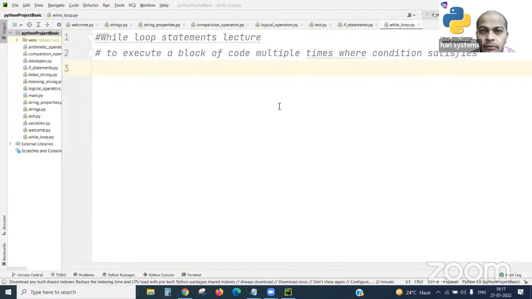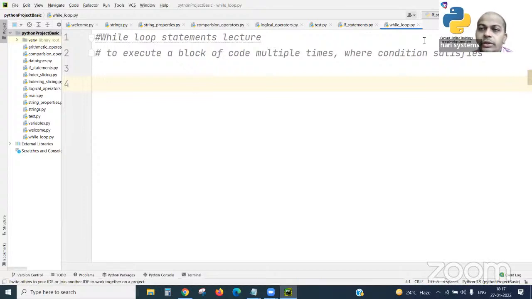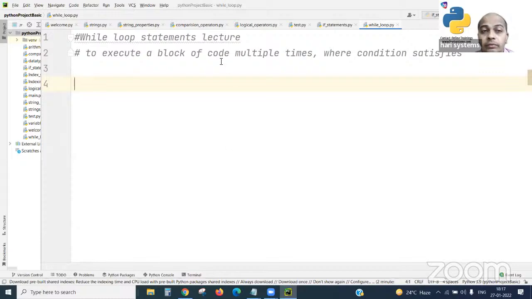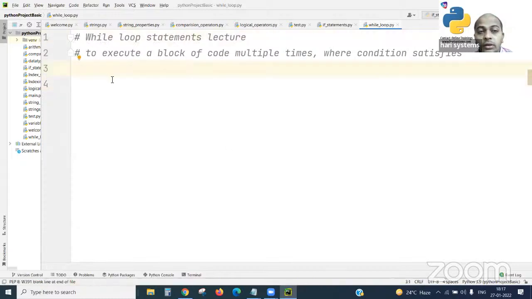To prepare a while loop statement, a very simple keyword we need to write. What is the keyword here? It is a reserved keyword. In the variable declaration and variable lectures we learned about reserved keywords from Python, and you have also observed that while is one of the keywords.